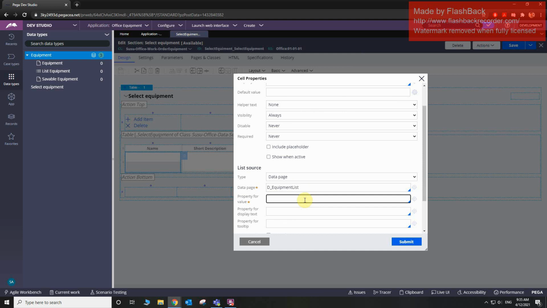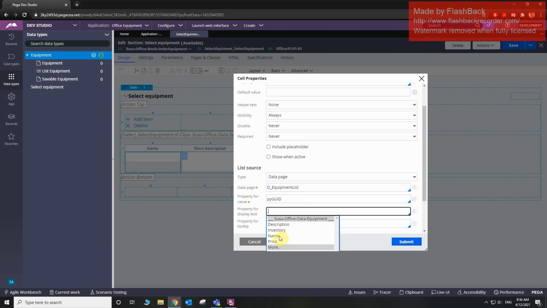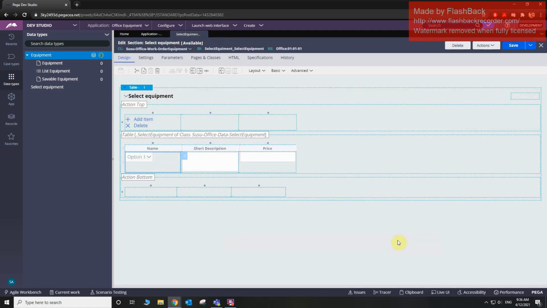Here's another tricky part, property for value. If you guys remember, I mentioned this quite a bit, and that is we should use pyGUID as our unique identification. Now, the next box is actually for what you want to display for the text. So let's see what we have. We have description, inventory, name, and price. So I definitely wanted them to see the name. Once I submit it and save,